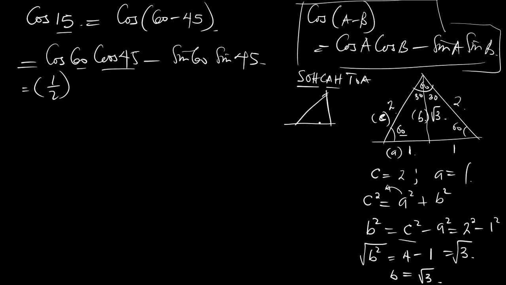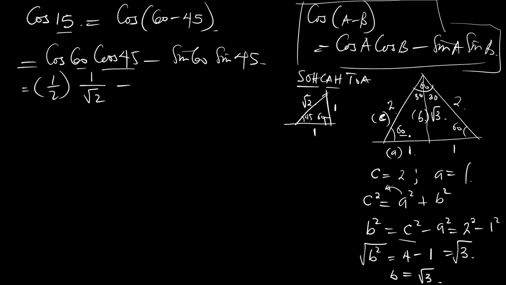This is an isosceles right angle triangle, where here is 45. So if there is 45, here is 1, here is 1. Now here is root 2. So cos 45 is adjacent all over hypotenuse. So 1 is adjacent to this angle, so you have 1 all over the hypotenuse, which is root 2, minus